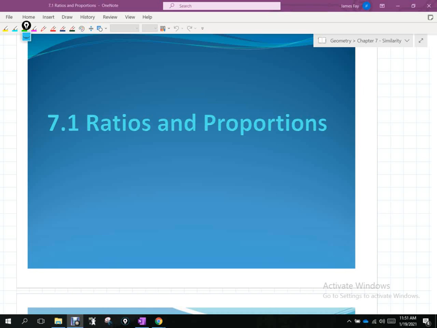Chapter 7 is going to start the progression into being able to deal with a concept called similarity. In the course, there's really 3 topics that underlie this course: equality, congruence, and then similarity. Okay? Those are really the 3 kind of ideas that